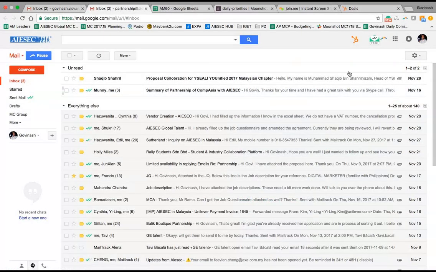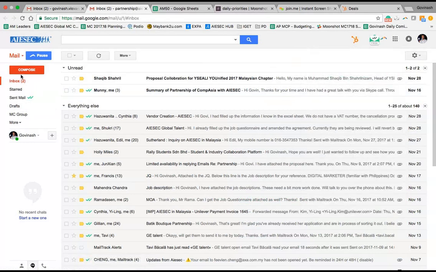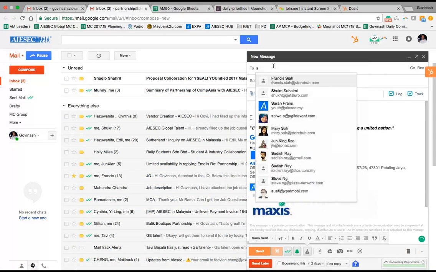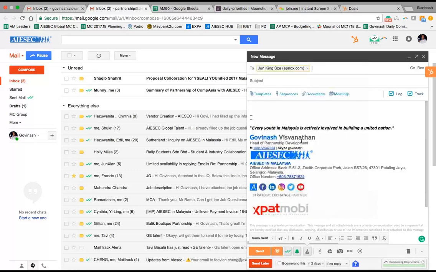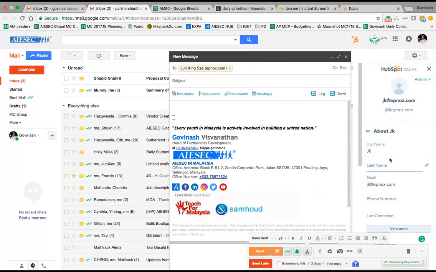Next up is for the HubSpot integration. So as I was showing you, this is the HubSpot icon which you will see, which will show that my inbox is connected, which platform that I'm using. Let's say I'm composing an email. So in this sense, let me just email, right? So probably, okay, it's this particular company, this person I'm emailing. So as you can see, there's a HubSpot logo over here. If you click it, it will show, oh, this company has not been on CRM platform. So what I have to do is just pretty much add it to CRM. When I add it to CRM, it will pop out and this company or this particular contact is then engaged.